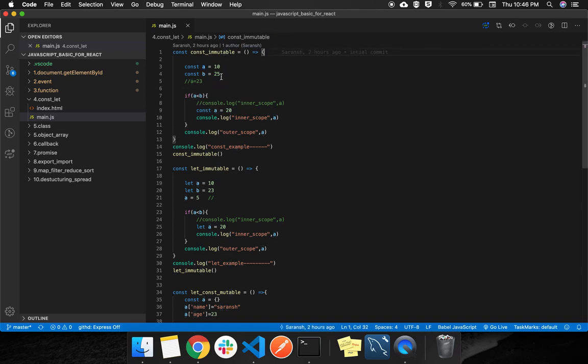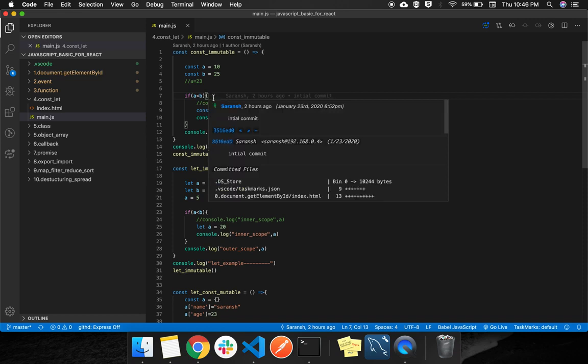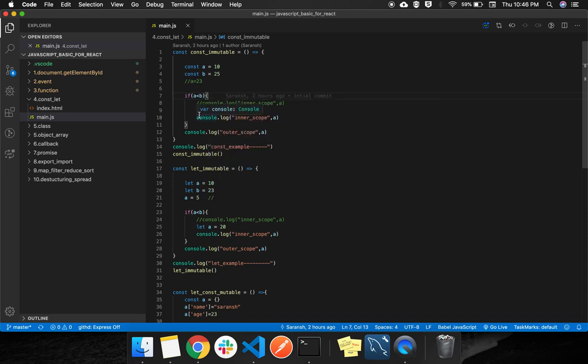Again, the const is defined here, so it will be available in these curly braces. Again a const a is defined, but inside these curly braces, so it can be defined again in another scope or inside some child scope.